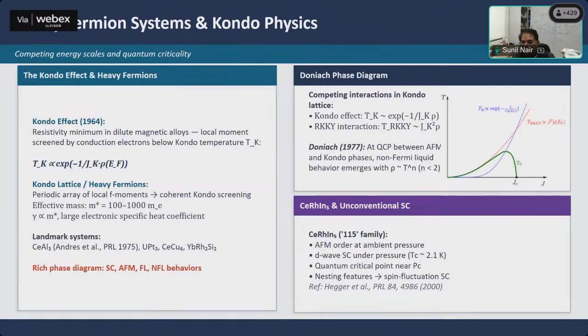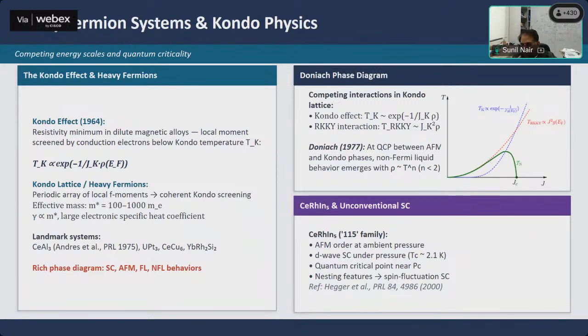So that means an electron appears to be 1,000 times fatter than what it actually is. It is not that the electron mass is changing. It is just that the interaction with its local environment makes electron movement extremely sluggish, and that is at the heart of what is known as heavy fermions. Hence the term heavy, which is used as an adjective in front of fermions.